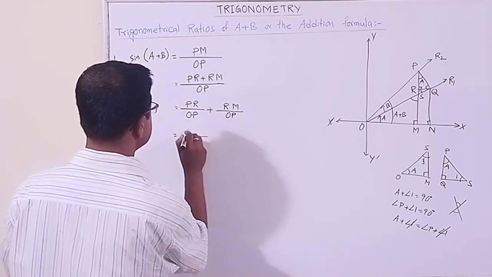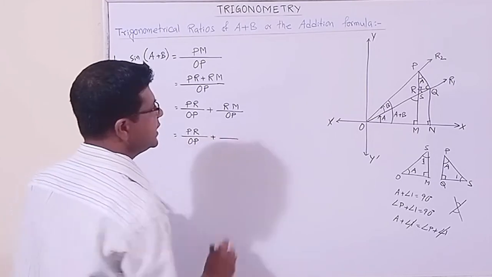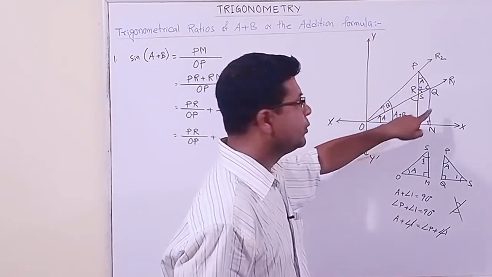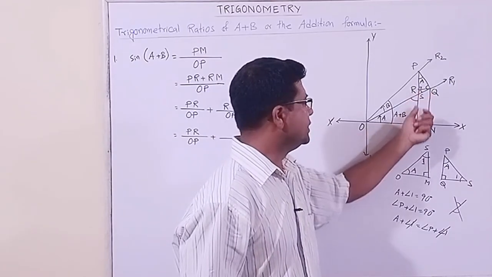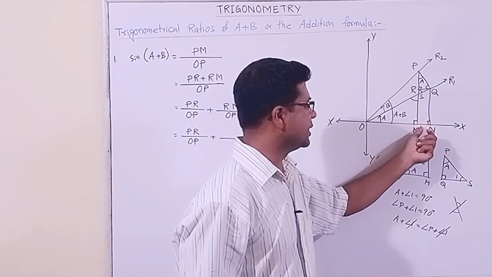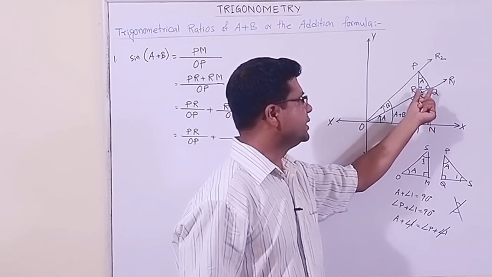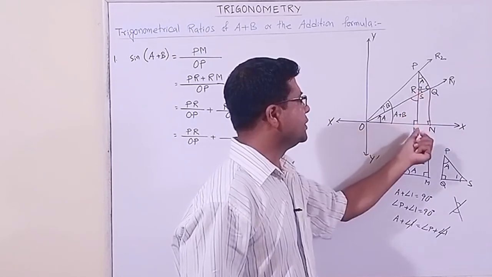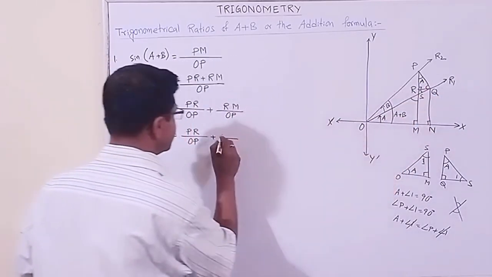PR by OP plus, in place of RM we can write QN. Because these two are perpendicular, actually they are parallel to each other. Again MN and RQ are parallel to each other. So this is a rectangle. In a rectangle opposite sides are equal. So in place of RM we write QN